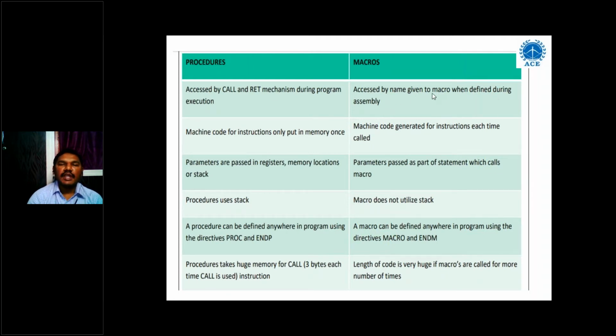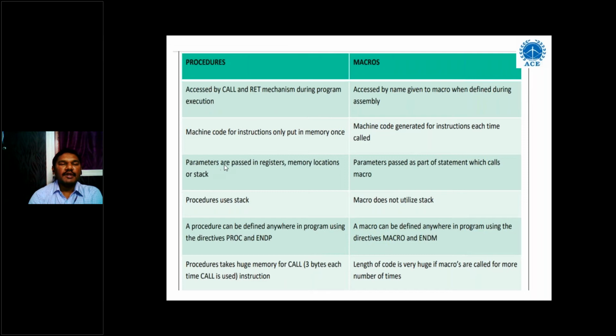The macro is ended by ENDM. For procedures, the machine code of the instructions is only put in memory once, whereas for macros, the machine code is generated each time the macro is called.